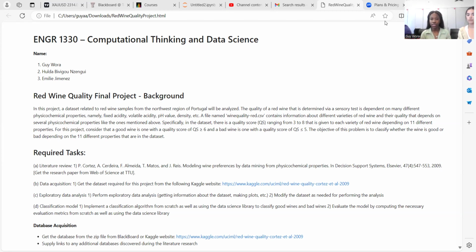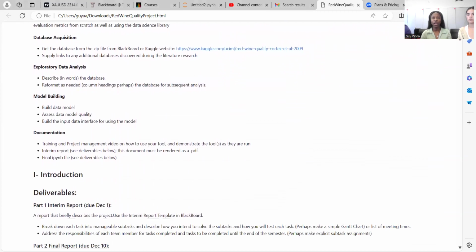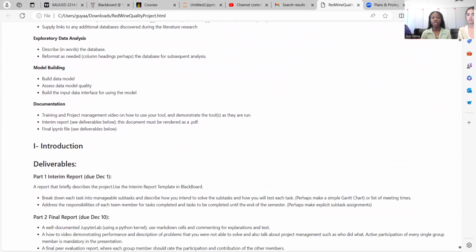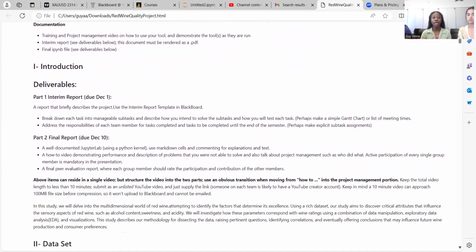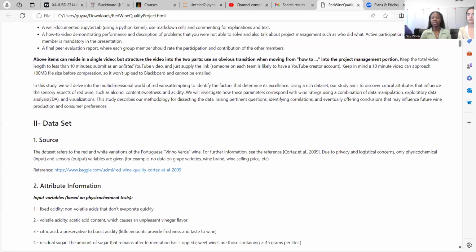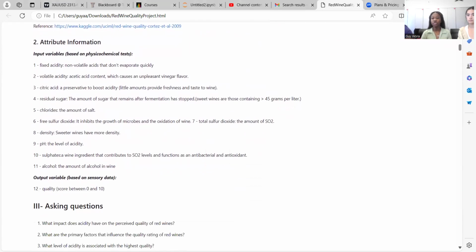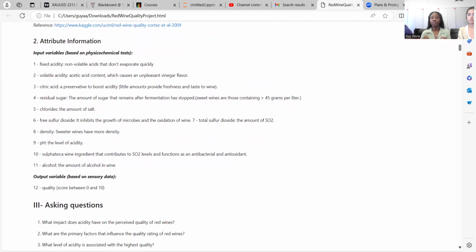As an introduction, in our research, we explored the complex world of red wine with the goal of identifying factors that affect its quality. Our approach uses a comprehensive dataset to discover the main characteristics, such as alcohol percentage, sweetness, and acidity levels, that affect